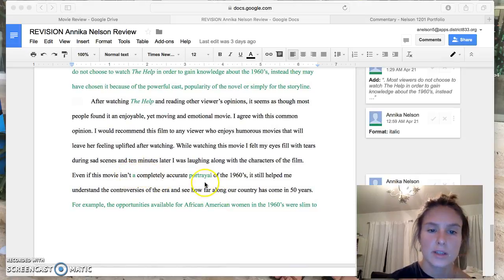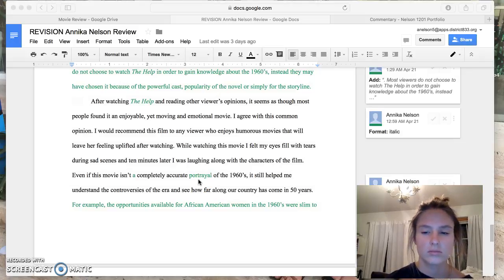I added a few words in here after reading it over and over again. I thought it needed a little more to pinpoint, to narrow it down so that the reader knows exactly what is going on. Sometimes I'm a little vague in my sentences.